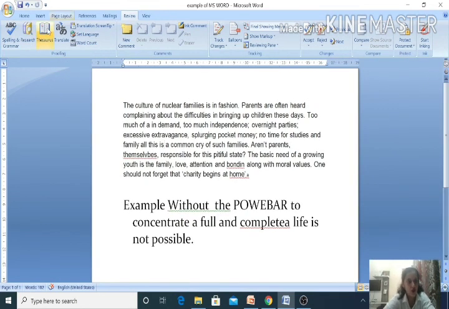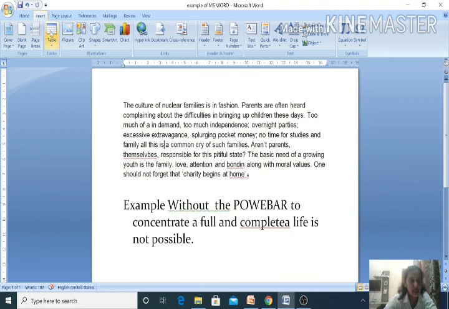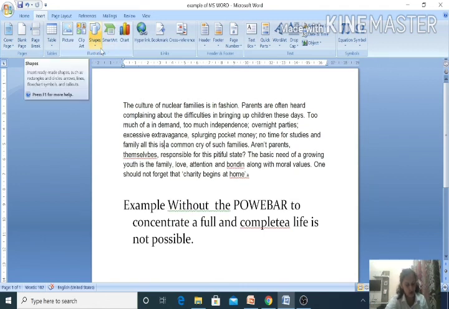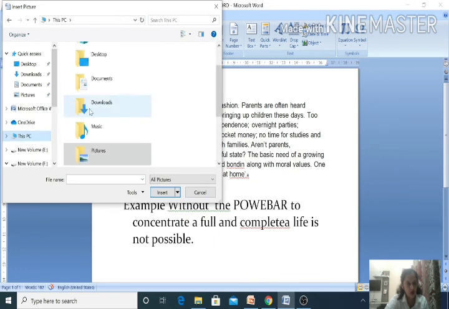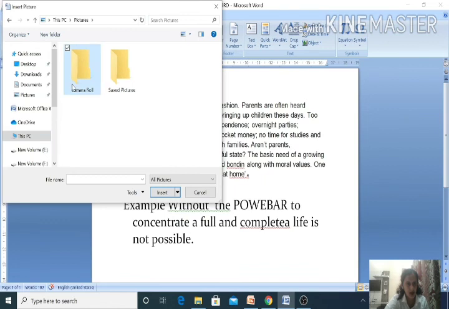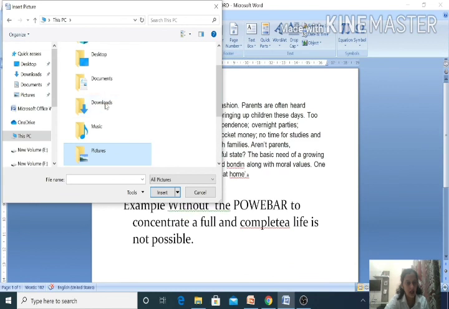Then what I have to do, I have to go to the insert tab. In the insert tab we have options of drawing objects, you can see here, we have shapes, we have charts. Whatever you want to insert, you can insert. If I want to insert any kind of image into it, I'll click on picture. In picture, where will you go, you will go to the saved pictures that you have saved in your computer, and if you want to use any other photographs, or take something from the camera roll, whatever picture you want to insert, you can click and insert into the MS Word.